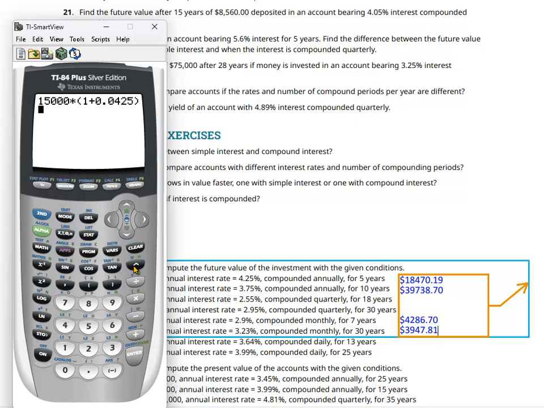And now I'm going to do to the power, and that would be how many times per year it's being compounded. Well, only once because it's annual, so I just have the 1 there times a total of 5 years, which means I could have left out the 1 times in this case, and I come up with the correct answer: